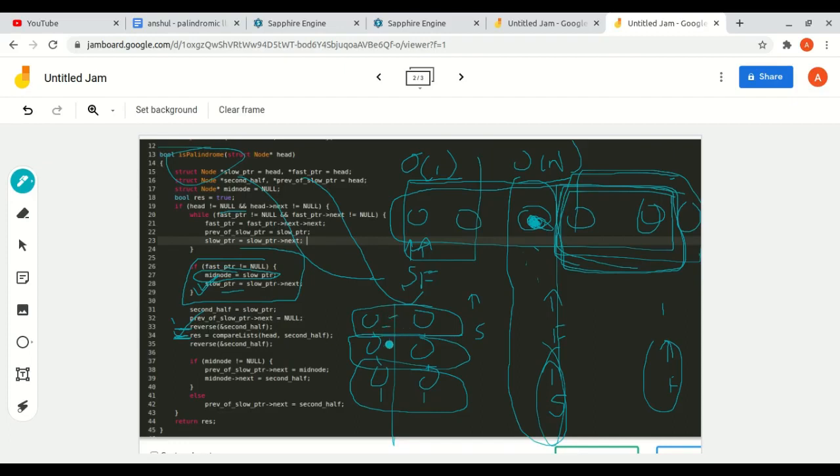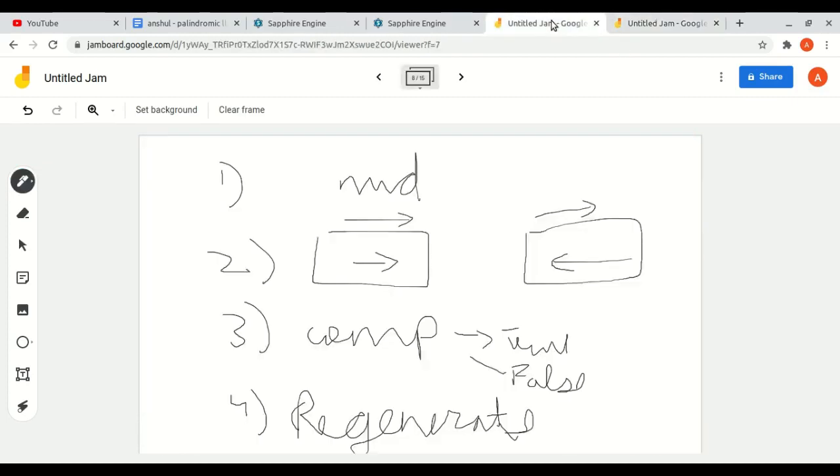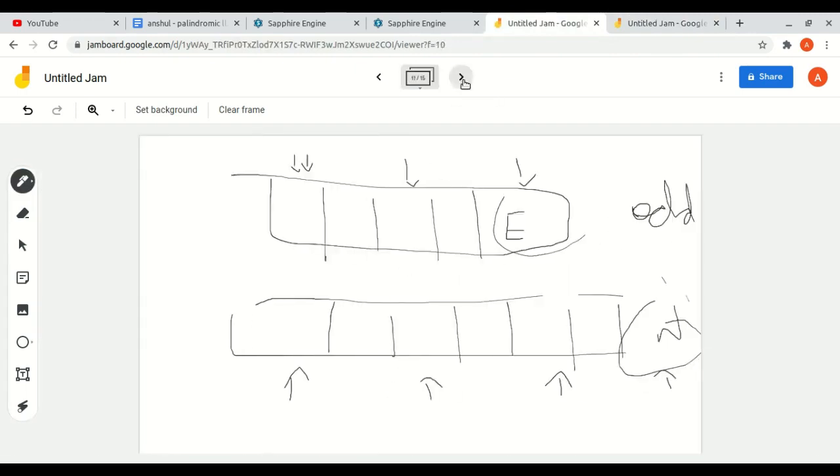So this is just an algorithm, and I am not going to discuss the reverse algorithm, because you all should know that. After reversing and comparing, we go back to the initial state of the linked list by reversing the second half.